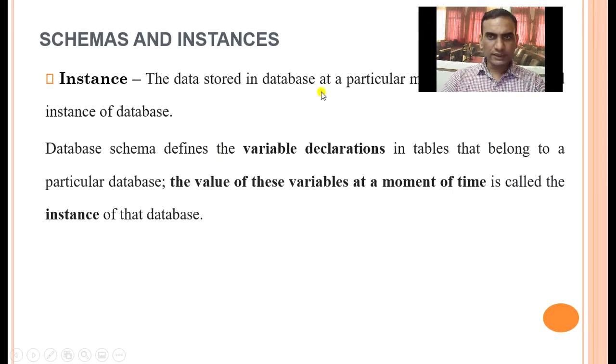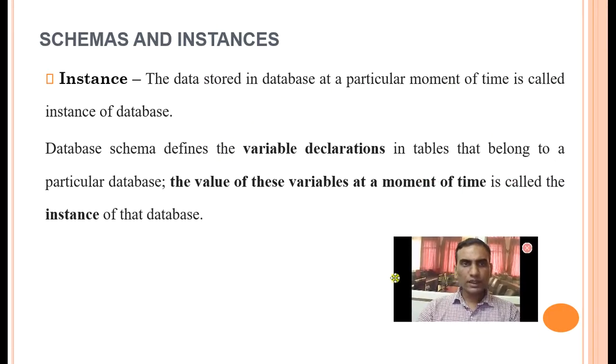Next is instance. Instance is the data stored in the database at a particular moment of time, called the instance of the database. So the actual data you are trying to save into the database at a particular moment of time is called the instance of the database.